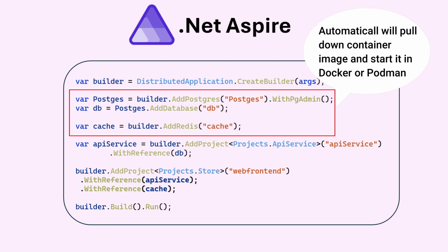Redis and Postgres are just the tip of the iceberg. There are other containers out there for MySQL, SQL Server, RabbitMQ. There are more containers coming online all the time. The Aspire team is working with and coordinating with a bunch of different folks in the community to make more capabilities available to you in this very opinionated, orchestrated, and choreographed way that makes it easy for you to set up and use those tools quickly and easily.